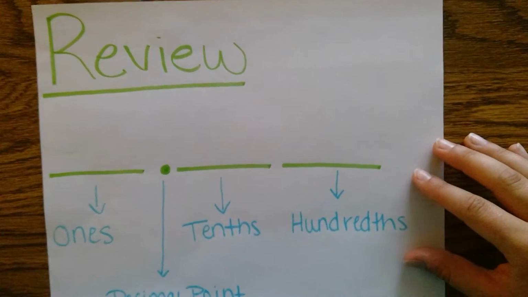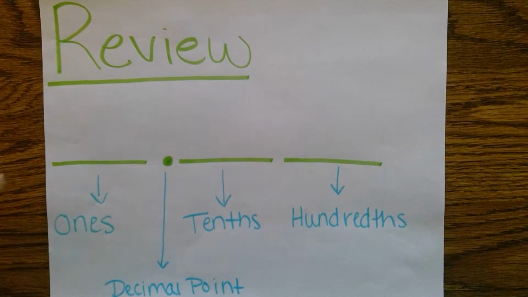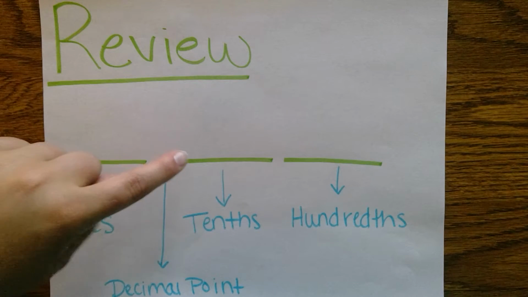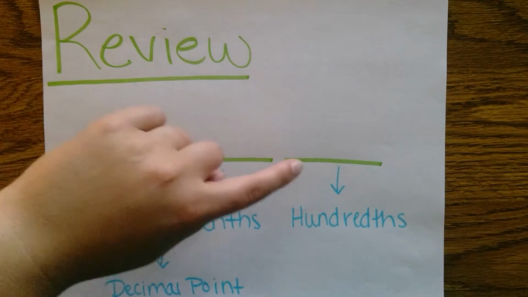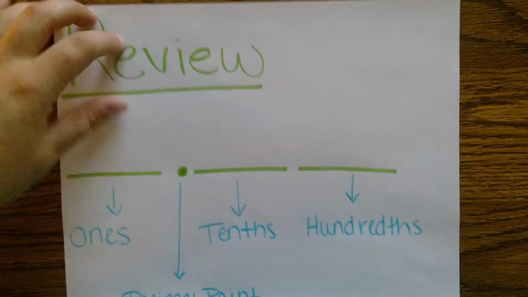So first we're going to review the different parts of a decimal. So here we have the ones place, and then we have the decimal point, and then we have the tenths and the hundredths place. Those are the place values that we have learned thus far, and so we are only going to be comparing decimals with these place values in them. Something else we need to review quickly